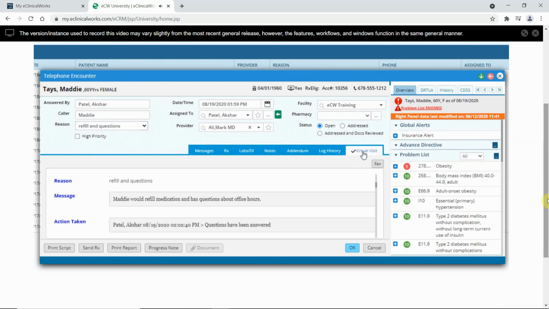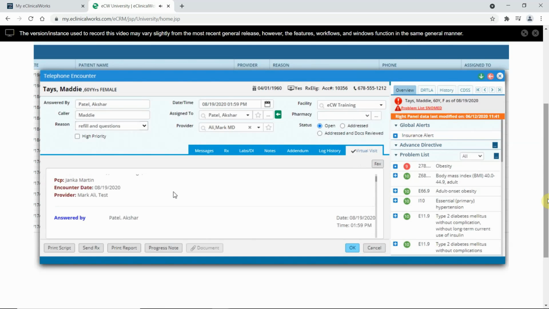And then we have our virtual visit tab. Our virtual visit tab will show us the information that we populated so far within the telephone encounter. And then if we scroll down a little further, we're going to see our SOAP note. Subjective, objective, assessment, and plan sections are available. And I can click on any of the hyperlinks to document any additional information. We can see here within the treatment section, I do have my Celebrex that I did go ahead and refill